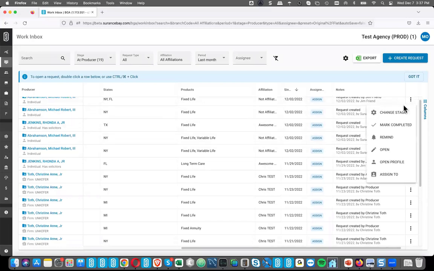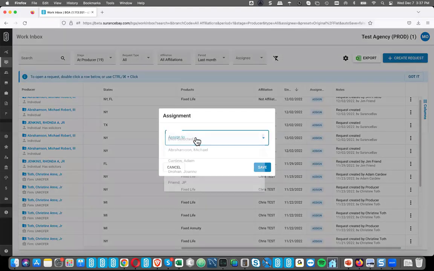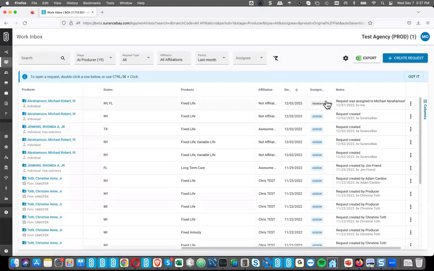And then you've got your actions menu over here, so you can change the stage, you can mark it completed, you can open it up, you can open the profile, and there's a new feature here called Assign. This allows you to assign individual requests to specific admins in your agency. So you can help manage the workflow or the workload here.